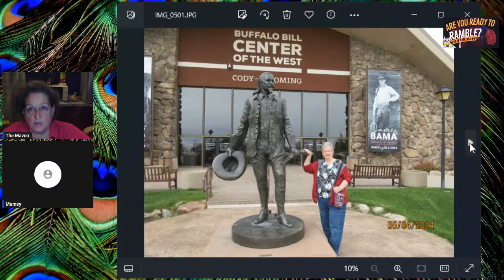And I did look it up. Buffalo Bill and Wild Bill Hickok were two different people. Wild Bill Hickok was first. He's the one that was at the saloon and had the dead man's hand. For the one time that he didn't sit with his back to the wall, but sat with his back to the door, that guy came in and killed him. And his hand became known as the dead man's hand. But they say that Buffalo Bill had met Wild Bill Hickok.